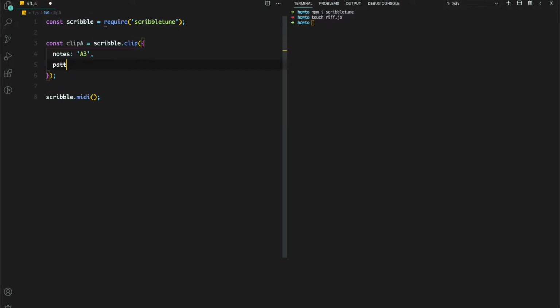But I'm going to create the second parameter of this object called pattern. I was randomly selecting these notes in the 16-beat bar. So let's assume that we have a bar separated by 16 sixteenth notes. To do that, we just set the subdiv property of ScribbleTune to be 16 notes, because by default it is a quarter note. Let's say that each time we type an X, we are selecting a 16th note in that bar, and every time we type a minus, we are not selecting it. We are kind of letting it go.